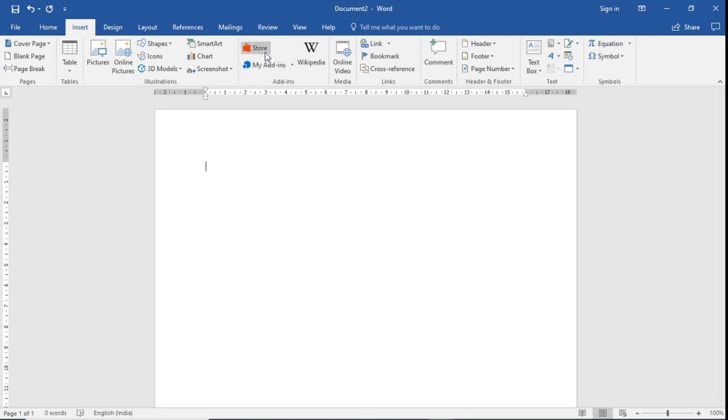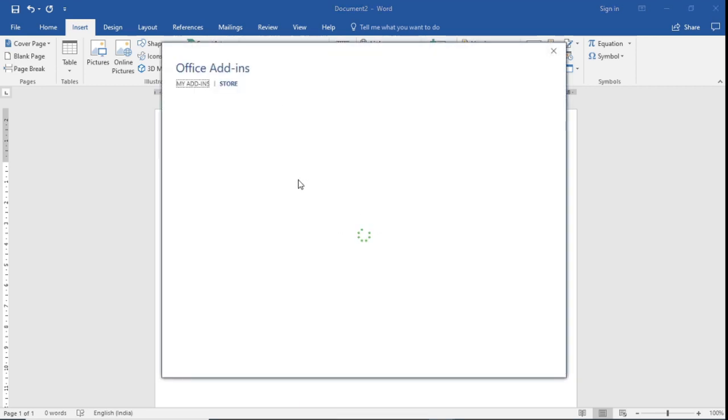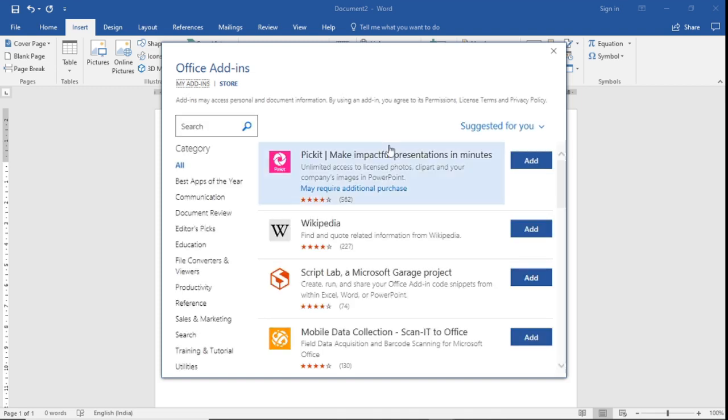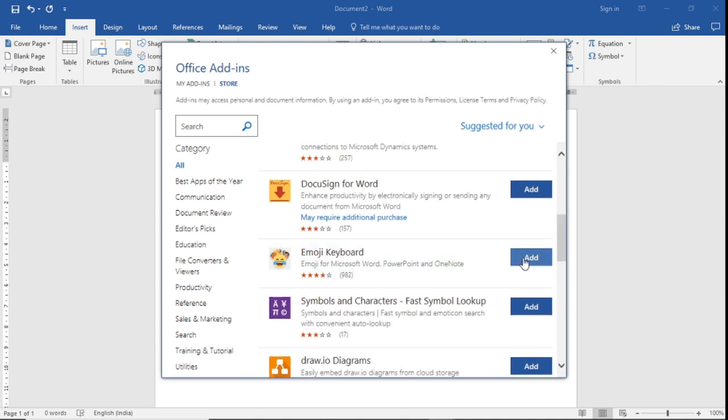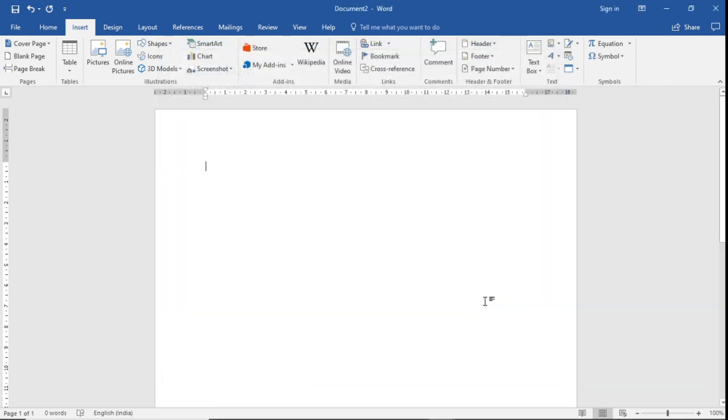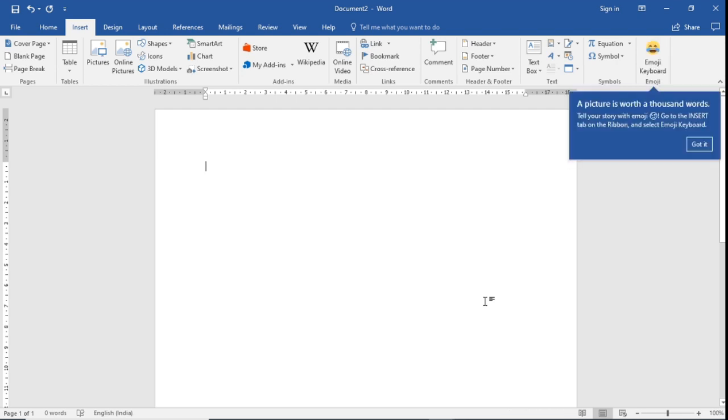And if you see here, there's something called Store and My Add-ins. Like how we have various add-ons in Google Documents, we installed the Certify'em add-on, we installed the MathType add-on and so on. Like that, we can install add-ins in our Microsoft Word also. So to install an add-in, click on Store, and we can see the list of add-ins that can be installed for our Microsoft Word. So whichever you want to install, click on the Add button, click on Continue, and that particular add-in will get installed into your Microsoft Word.